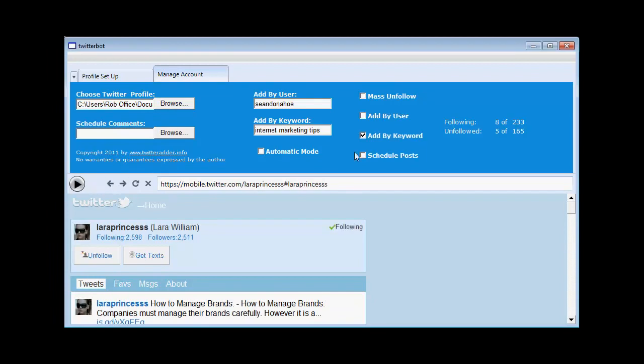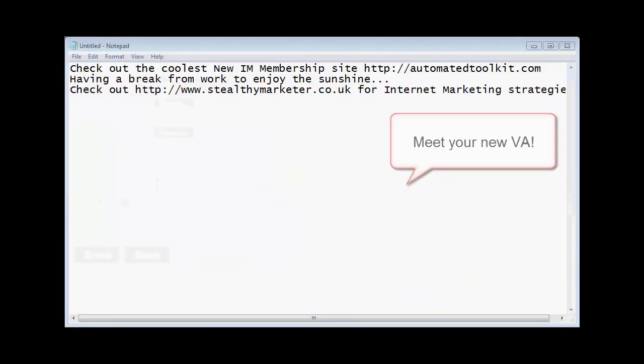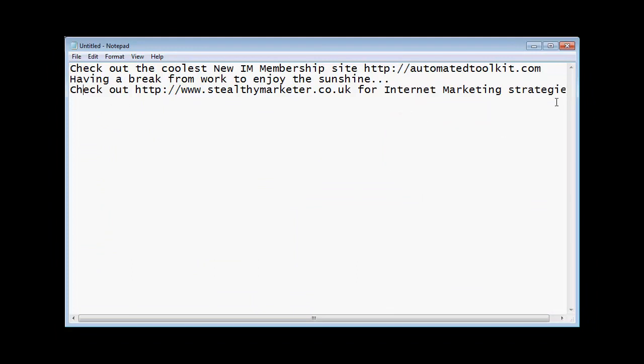Let's stop that. And now I'm going to show you the last feature, which is the scheduling of posts. Okay, so I've opened a text file here and I've put a few lines in there. Now these are going to be sent out as tweets and they're going to go out at 1 to 2 hour intervals. So the first tweet that will go out will be check out the coolest new IM membership site,